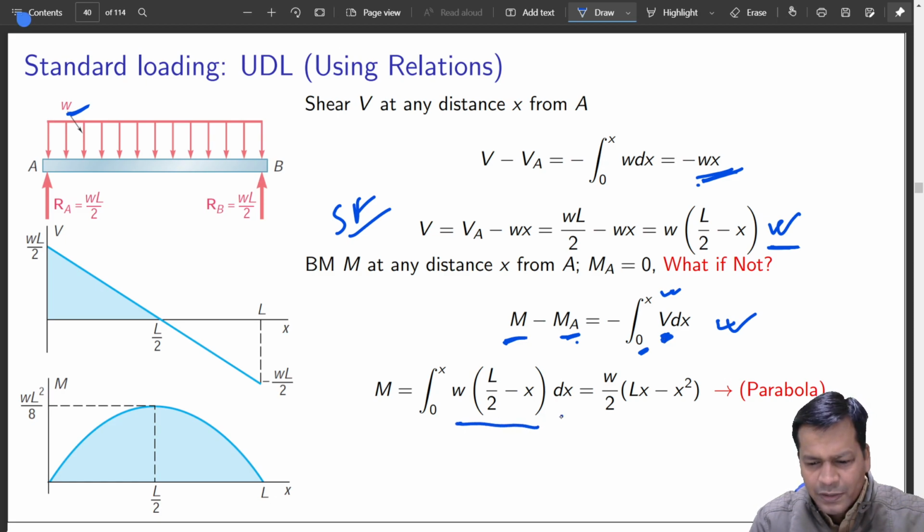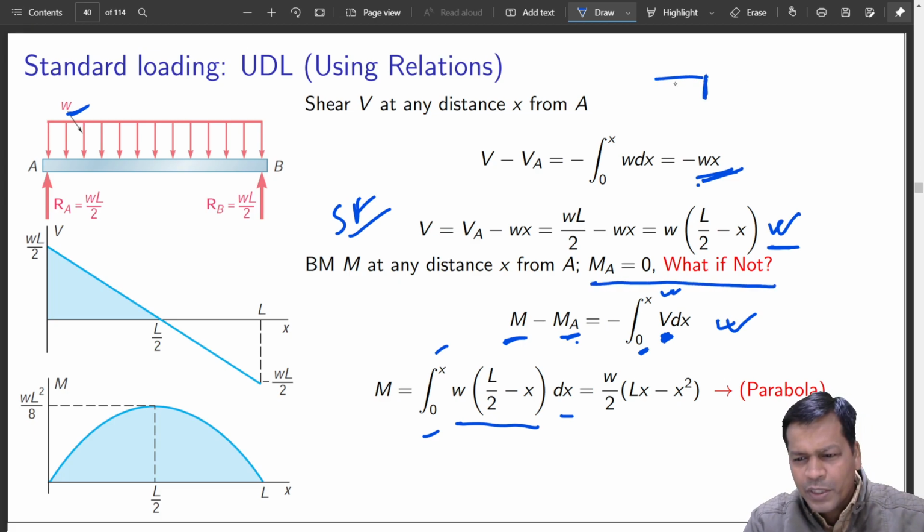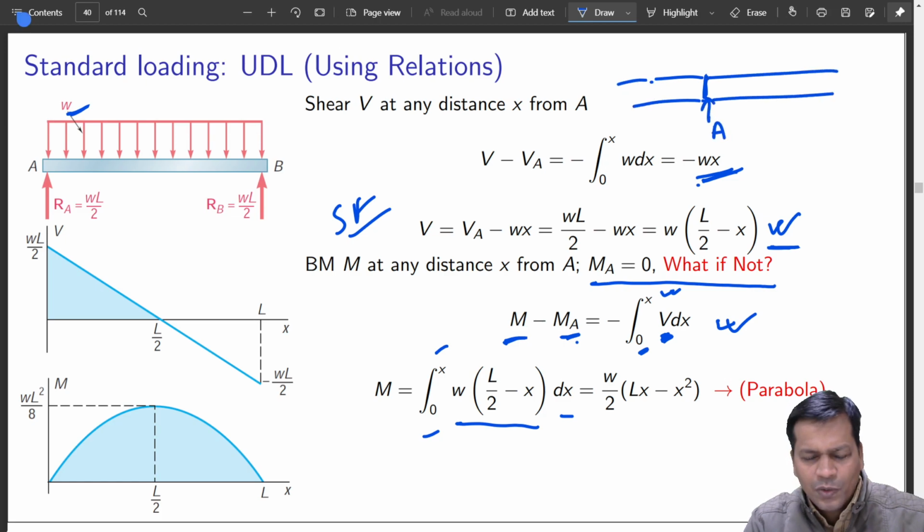So this is there, dx from 0 to x, moment at A is equal to 0. Moment at A is always equal to 0. Why? We have seen in the earlier class also. Because there is no beam before A, there is nothing over here, so you cannot generate any restoring couple. So that is why it is equal to 0 at the ends. That is always the case, so this is equal to 0.